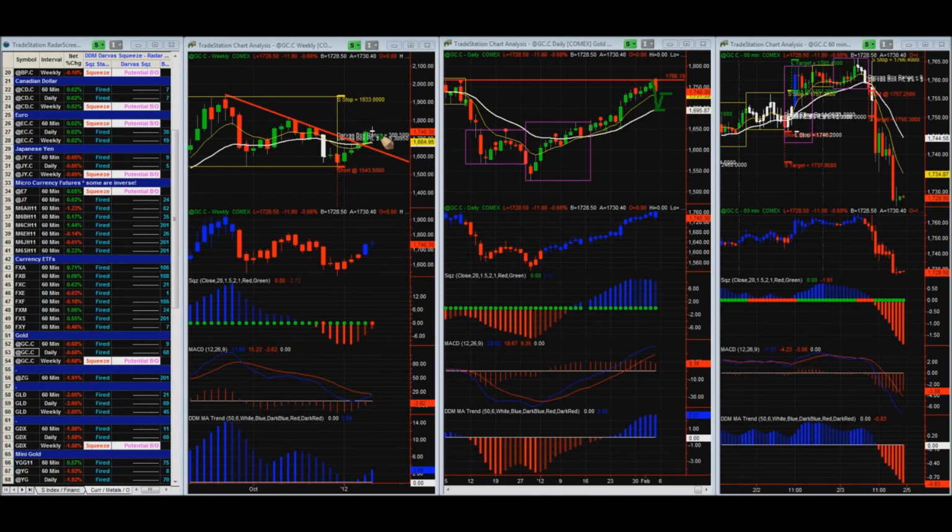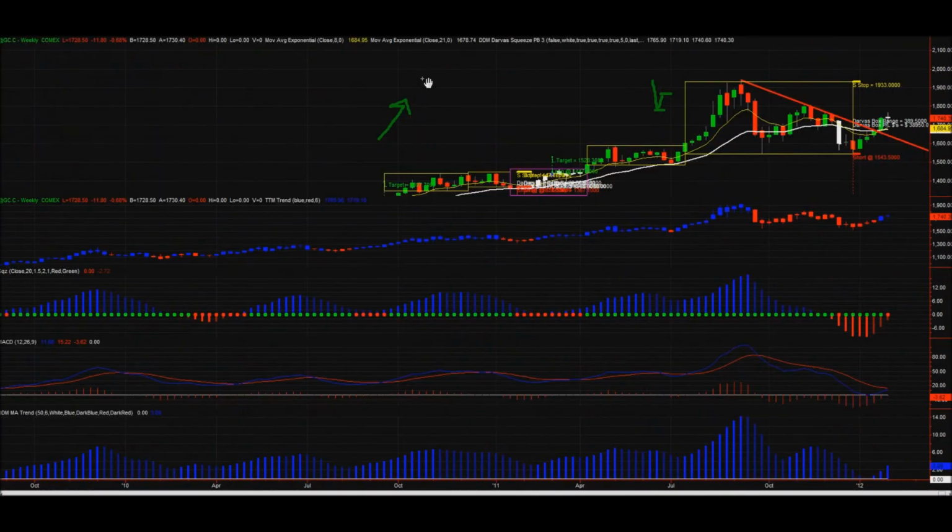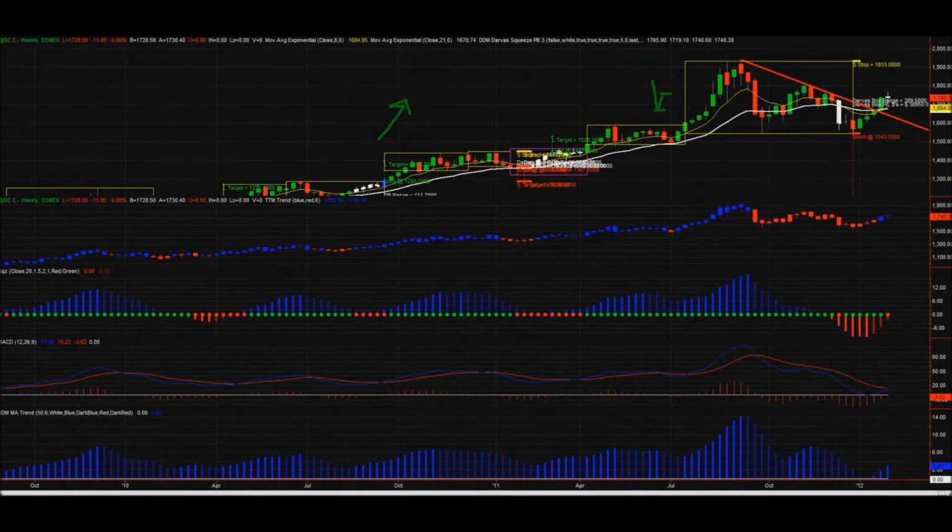Now, my own personal bias is I think gold's going higher because everyone else is expecting it to go lower, and I think that would be the upside surprise. The other reason why I think that is if you look at the macro trend, it's definitely higher. And if you look at these other signals in gold, these other Darvas squeeze signals,